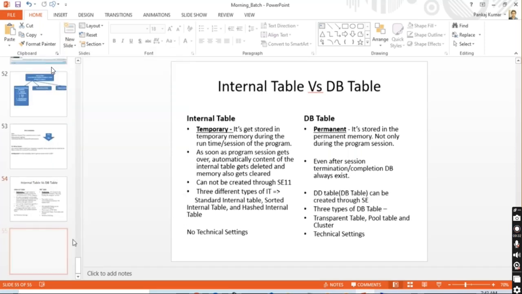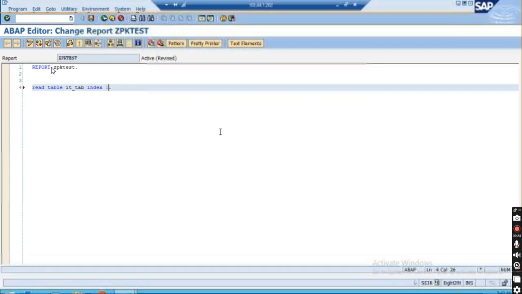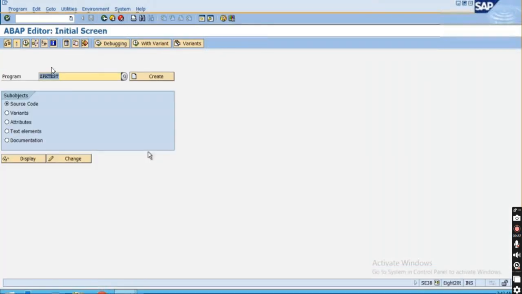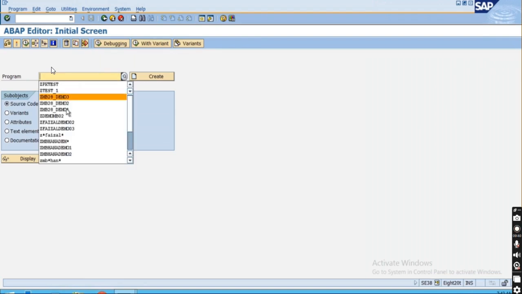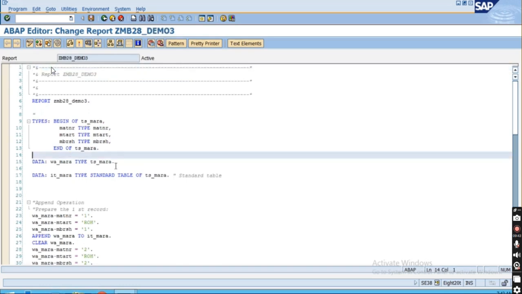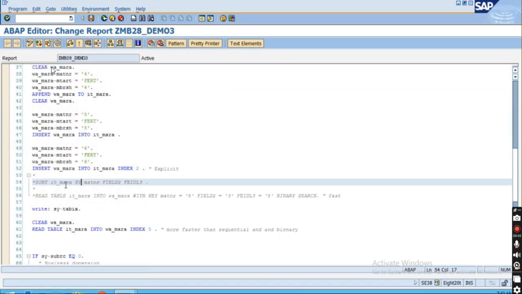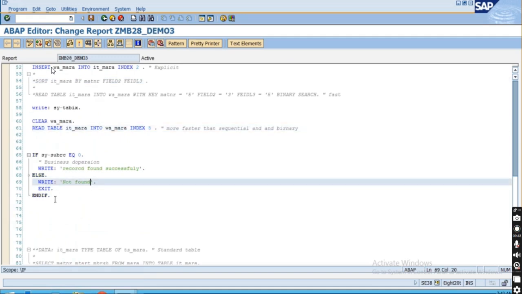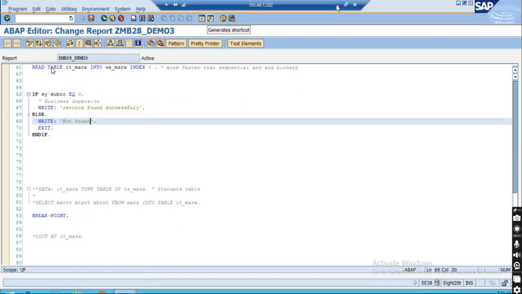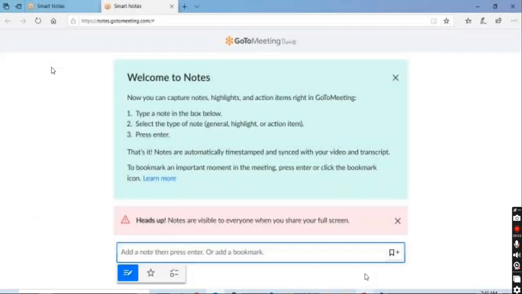Okay, let's go to the system and go to the program, going to change mode. And here we have seen yesterday that we are going to, okay, let me do one thing. I will open my OneNote. Just give me a second. I'm going into the syllabus where we have written everything